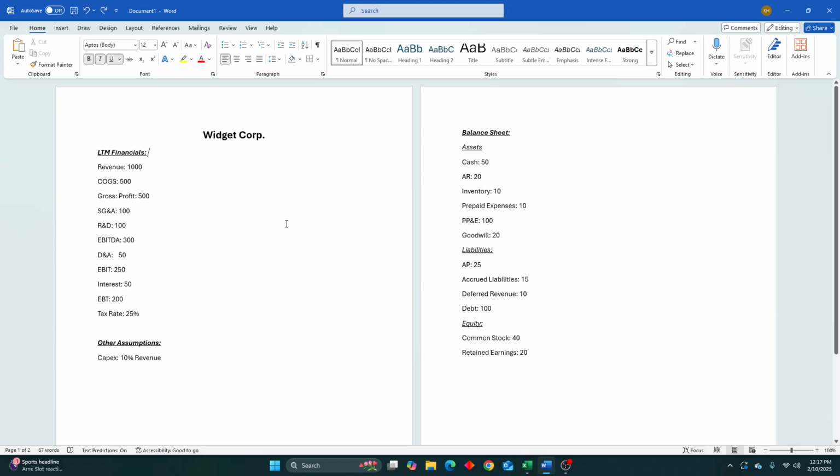We have our LTM financials. The assumption is that things are going to stay the same, either as a percentage of revenue or as a dollar amount, moving forward. We have our other assumptions about our capex being 10%, and then we also have our opening balance sheet. And so first we're going to model out our year zero income statement